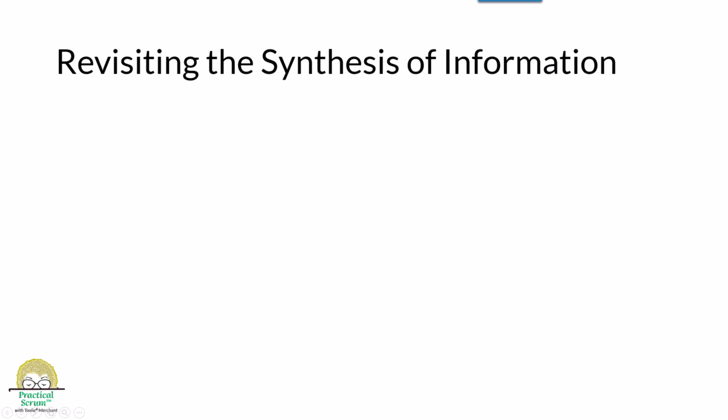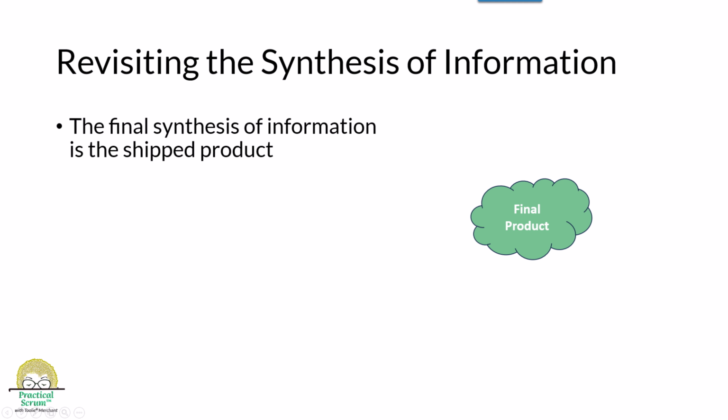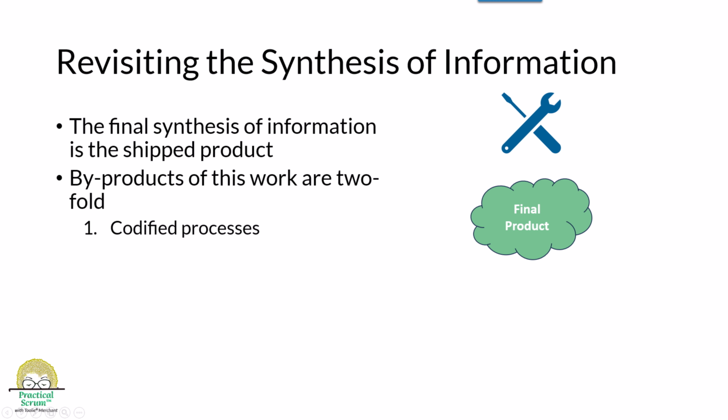Finally, let's close by revisiting the synthesizing of a result of the information. Yes, we want to ship a product based on all the information we put together. But I'd also encourage you to recognize that by establishing inter-team processes and working agreements, we have 2 additional outputs. Number 1, codified processes. By acknowledging the interdependence of the teams and making adjustments to work within the processes, we are less likely to have unanticipated issues that might actually hinder shipping the product.